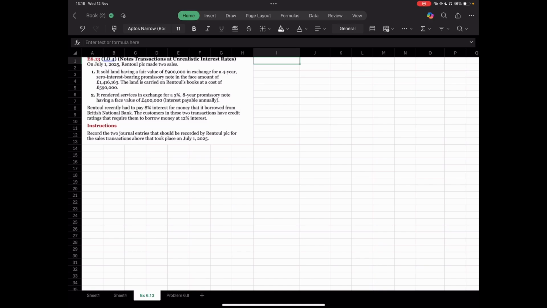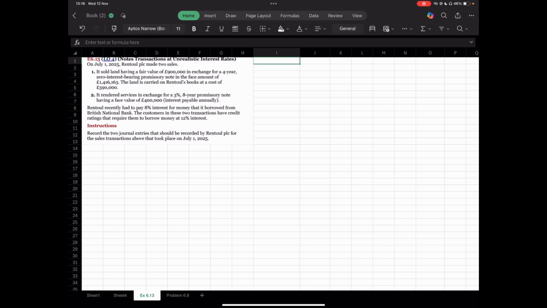Hello everyone, today we're going to solve exercise 6.13, note transactions and unrealistic interest rates. On July 1st, 2025, Rental made two sales. It sold land having a fair value of 900,000 in exchange for a 4-year zero-interest-bearing promissory note in the face amount of 1,416,163. The land is carried on Rental's books at a cost of